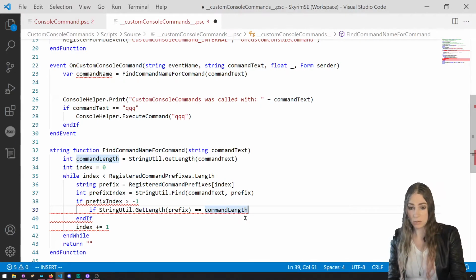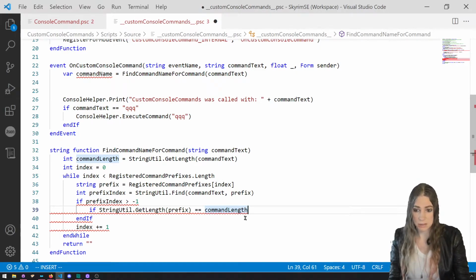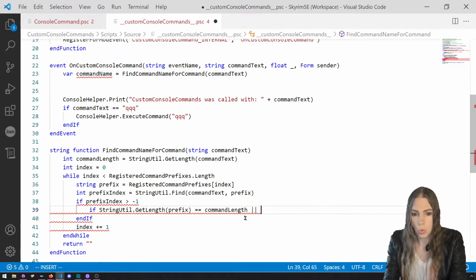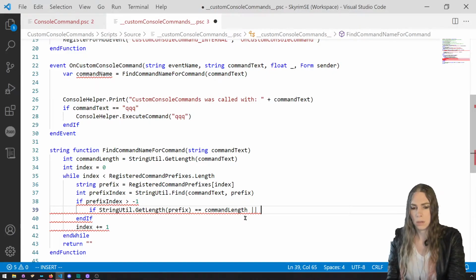If it was found and they're equal lengths, then it has to be it. There's no other way for it to be it. Or it's followed by a space. That's what we're looking for. So or,